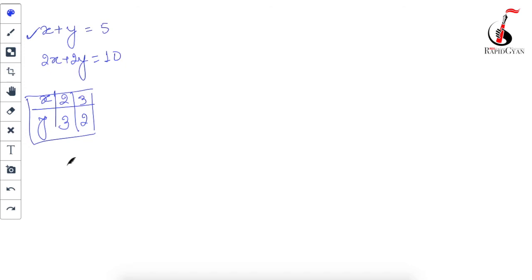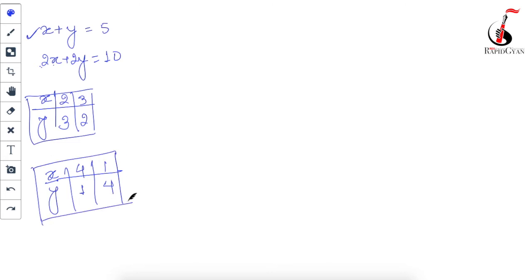Second one is your, okay, let me take x equal to 4. Okay, let me write it over here, x, y. So I will take x equal to 4. So 2 times 4 is 8, 10 minus 8, so I will get 2, so 2y equal to 2, y equal to 1, correct? And if I take y as 1, then I will get x as 4. Now we will have to plot the graph, correct?